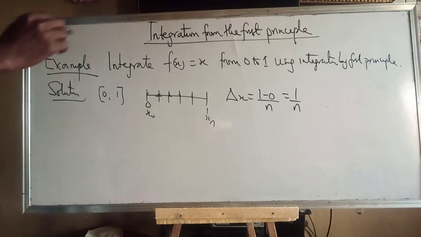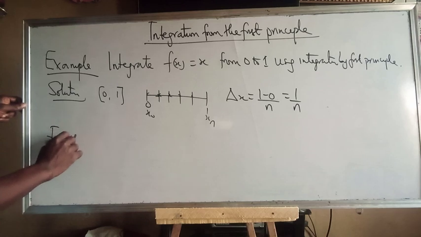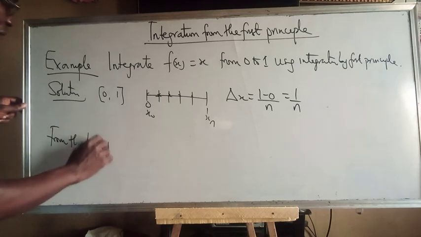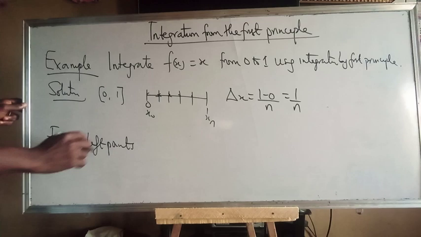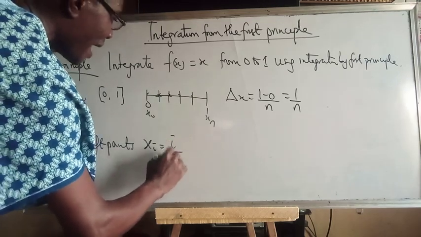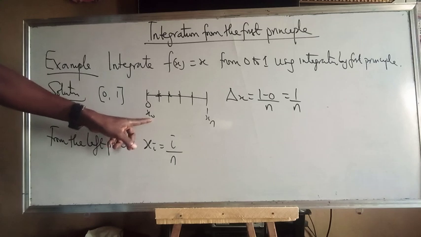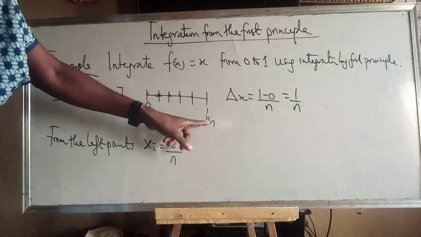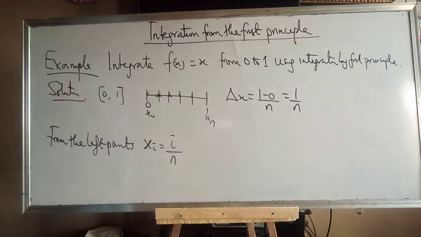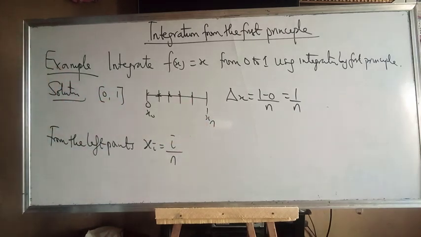Now, let's pick from the left endpoint. From the left endpoint, we have our xi will be equal to i all over n. I can have my xi here where i is 0. So if my xi here, i is n. So we are starting from the left end here. So i all over n. Beautiful. Now, according to Riemann integration,